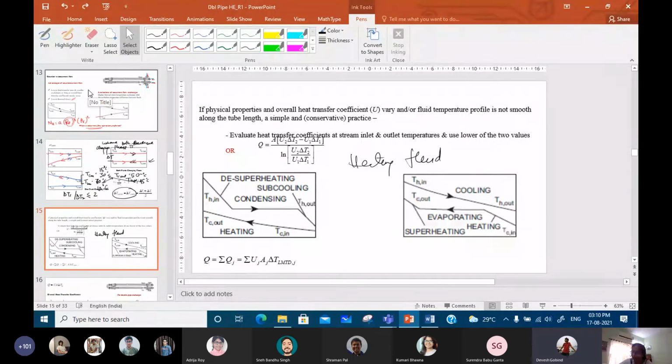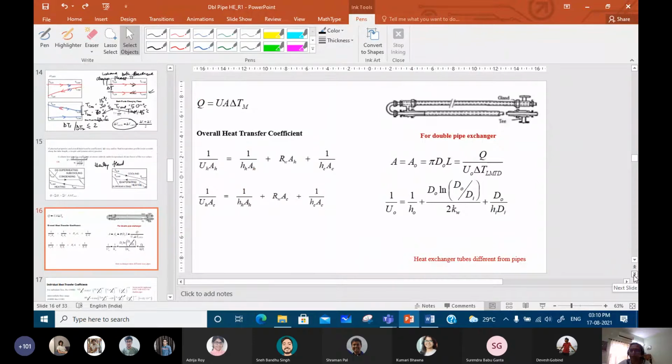And this is what you are supposed to remember when you go ahead with your design part. Maybe you will not require it for this particular problem, but it is important for you to remember. So therefore, our discussions regarding delta TM are over. So now we'll be concentrating on the U part, right? U part, you already know, there's nothing for me to say. So therefore, you know how you are supposed to find it out.